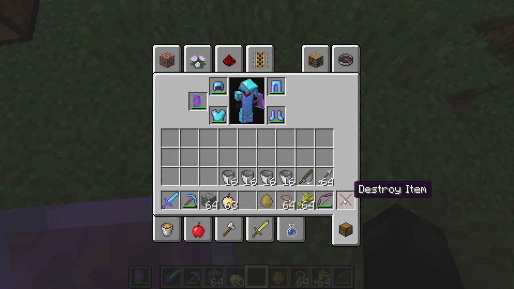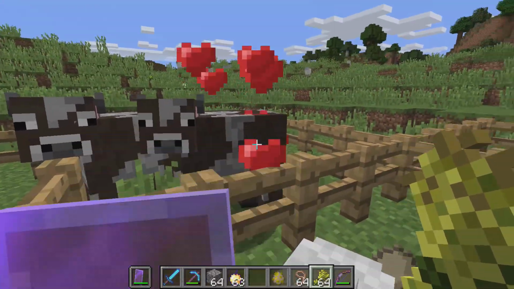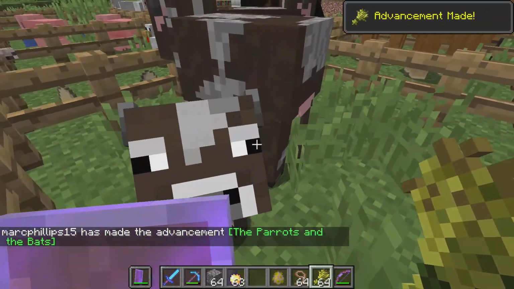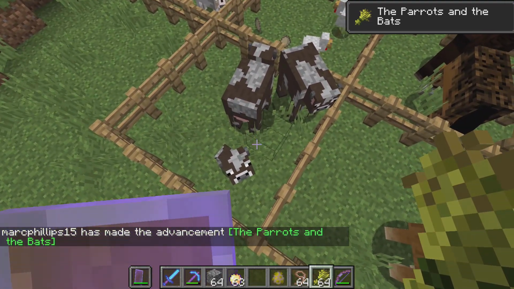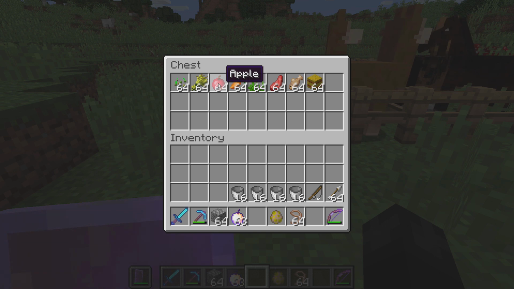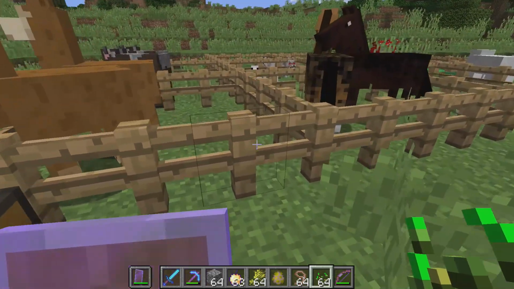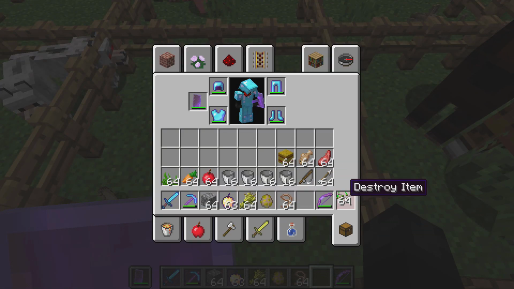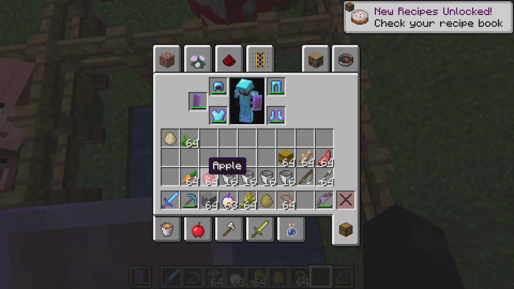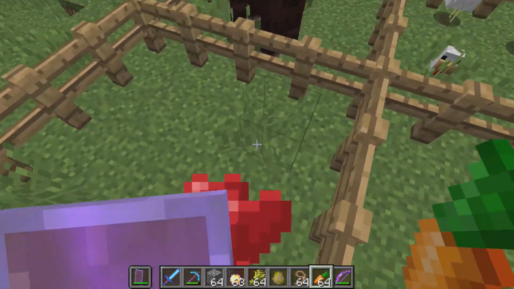So just to give you an idea, you just right click on 2 animals that can breed with their food, and they will emit hearts. They'll move together, and then they will drop experience orbs, and a little baby will appear. And then you just repeat the process with the other ones. So chicken, seagrass, carrots, pigs, rabbits,